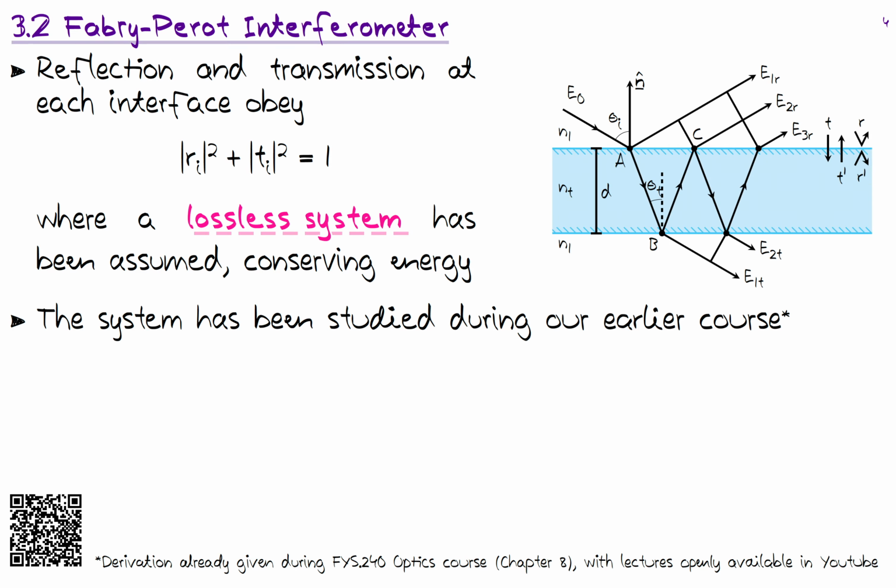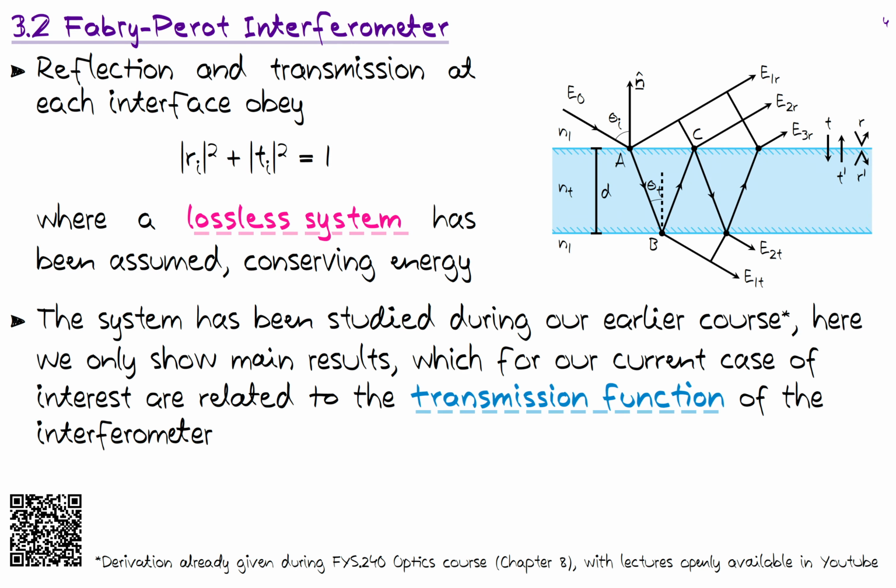So the system has been studied during our earlier course, like I already mentioned, and here we only go through the main results. And we are first interested in outlining how the transmission looks like for this interferometer. So we have an input field. The input field basically is of this form. We assume that it's a plane wave. So we have a given amplitude E0, and then we have a planar wavefront hitting the interface at a given